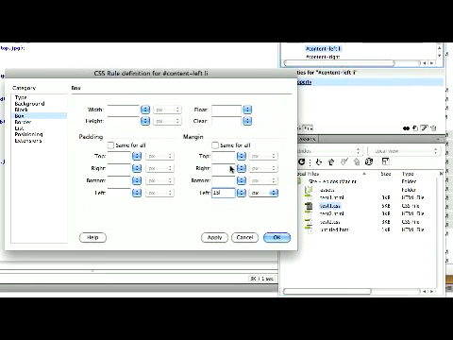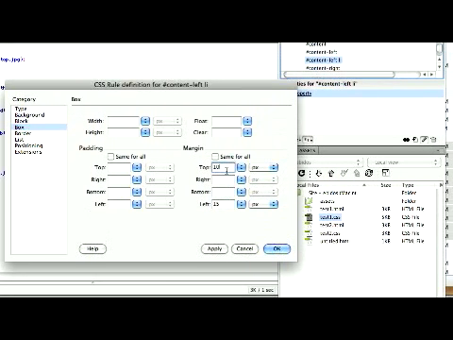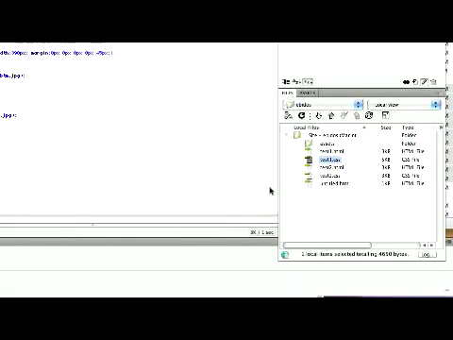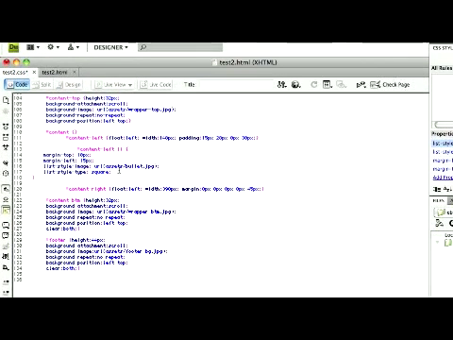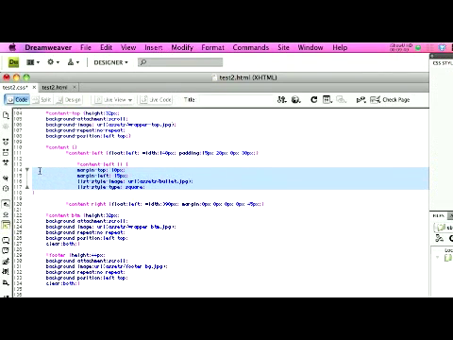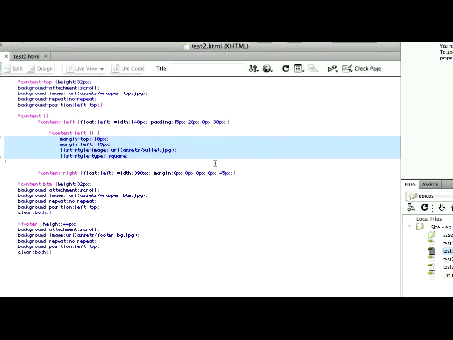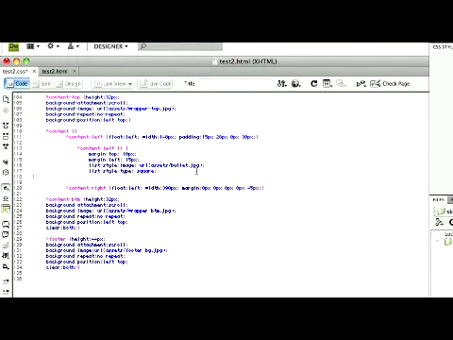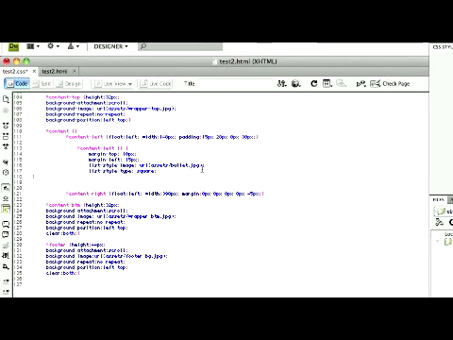And I have a top margin of 10. And I'll push OK. And so Dreamweaver is going to fill this in for me. I want it to tab over, so I'm going to select it and tab it over. Sometimes if you let Dreamweaver do too much for you, Dreamweaver tends to put your elements in screwy